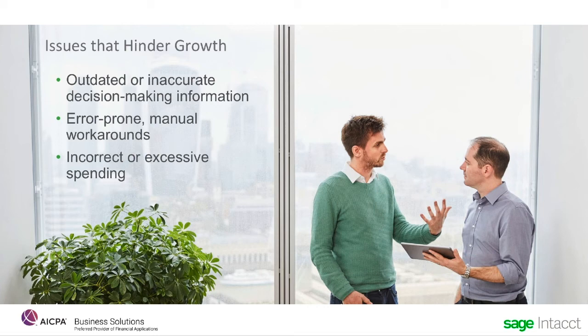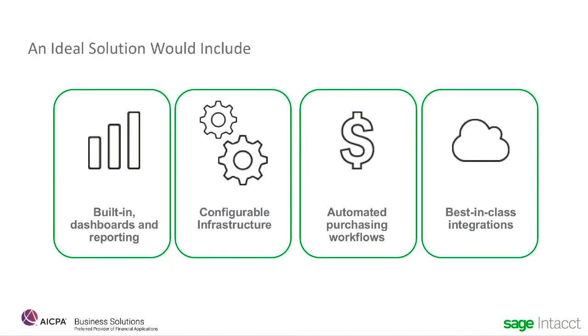Continued growth in a competitive environment requires a more nimble approach to finance. In today's demo, we're going to dive into examples of a more nimble approach, made possible through the power of cloud computing. An ideal solution would include reporting that is built in and configurable by the accounting team without the help of IT. It should capture real-time metrics that help the company see where they are going each day. An appropriate report should be available for review by any manager or stakeholder without having to request information from the